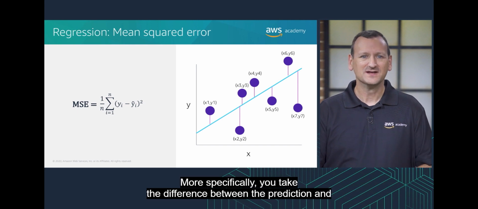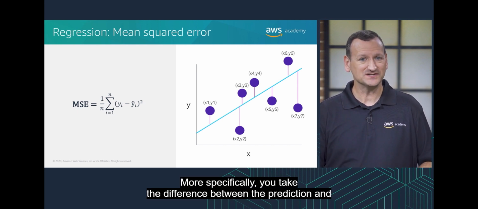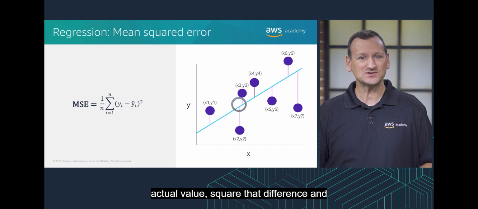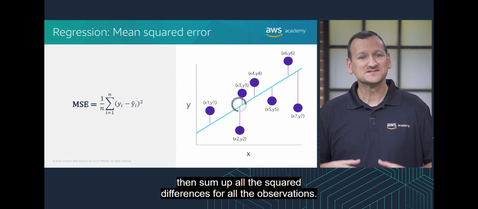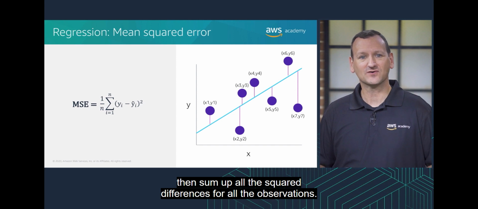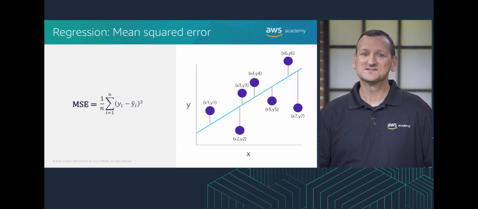More specifically, you take the difference between the prediction and actual value, square that difference, and then sum up all the squared differences for all the observations. In Scikit-learn,